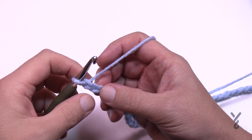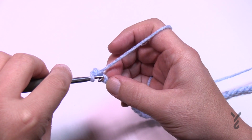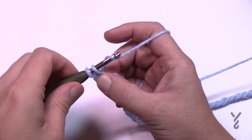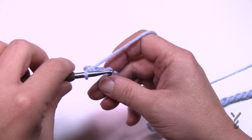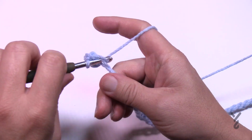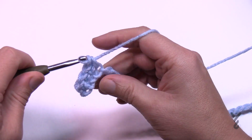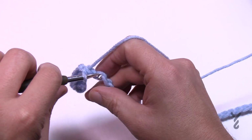You're going to go second chain from the hook, so just turn it over and get the back hump only, and I want you to single crochet that one and 6 more. So just this one with 6 more gives you a total of 7. Count that as 1, and then the next one is 2 and 3, 4, 5, 6